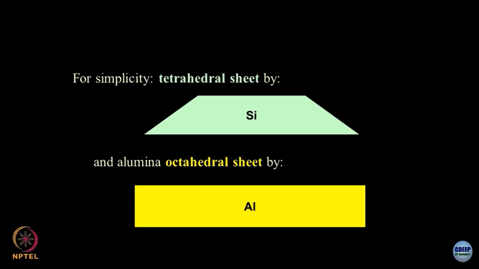Next, for the sake of simplicity, this is how we denote the sheets. So, a tetrahedral sheet is normally depicted like this, alright, rhomboid and silica, because remember there is a third dimension also associated to that which goes up to infinity. So, all these minerals will be having infinite length as compared to their thickness and the height, and this is the alumina octahedral sheet, yellow color, clear.